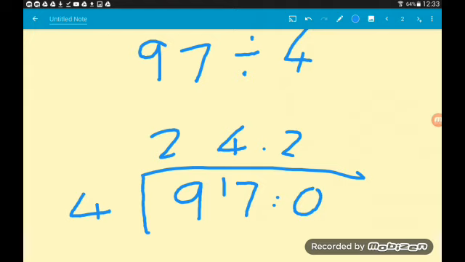So now we have a remainder of 2. Just create another 0. Whack a 2 on it. How many 4's are in 20? 5. So 97 divided by 4 is 24.25. Okay, so the good news here is if we can multiply and we can divide, we can do fractions,